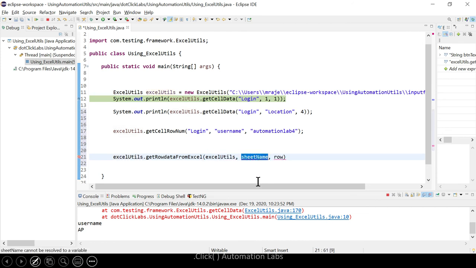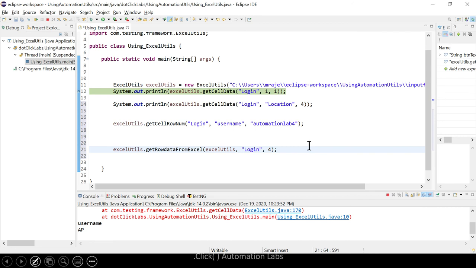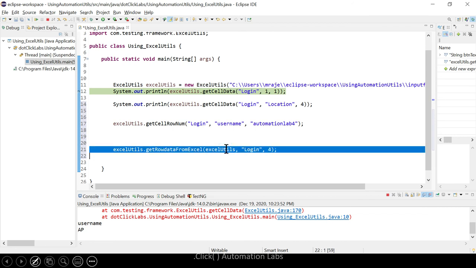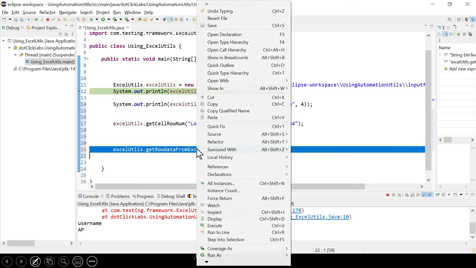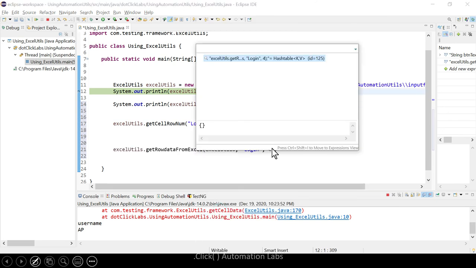What is the sheet name we are reading? Login. And which row you want to read the data from. Let's take the fourth row. Then it will retrieve the fourth row data and store it in a hash map. Let me select this, double click, select, right click, inspect. Oops, you don't have the data for row 4.